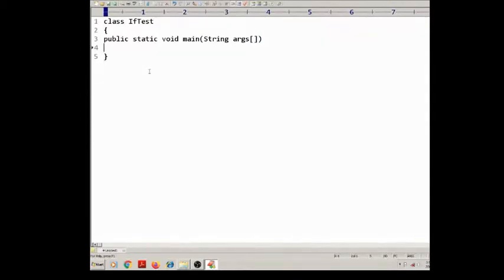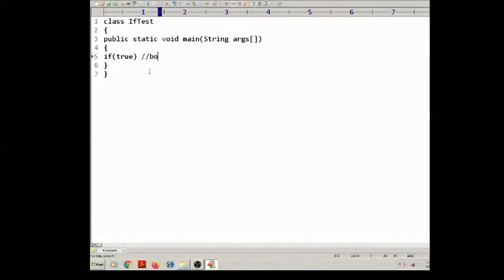So now this is the main method block, and then first the if statement, if boolean condition is true.